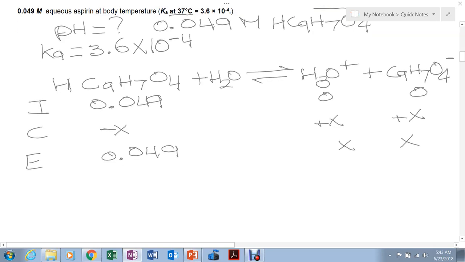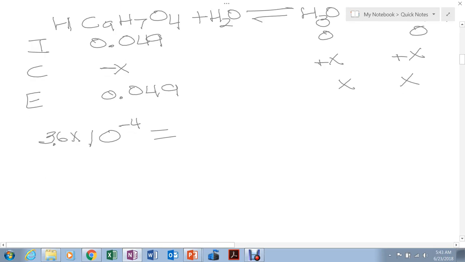And so the Ka would be 3.6 by 10 to the negative 4 equals x squared, and I forgot to put minus x here, equals x squared divided by 0.049